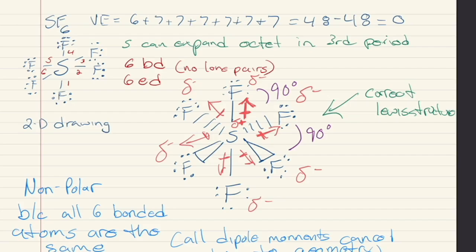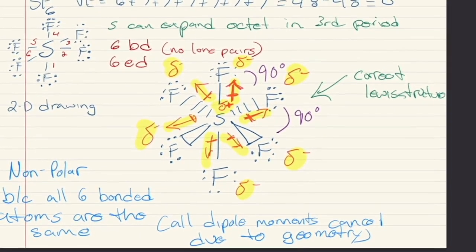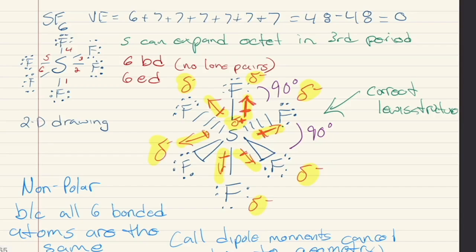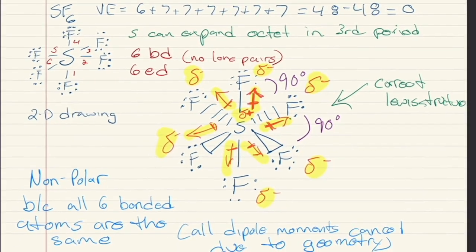And in the red, I'm showing bond dipoles along with partial charges that exist because of those dipole moments. I'm showing wedges and dashes to signify that 2 fluorines are going into the plane of the paper, and then 2 are coming out of the plane of the paper, and then 3 atoms are in the plane of the paper. We have 90-degree bond angles on each of these, and as I listed, the dipole moments themselves are canceled due to the geometry of